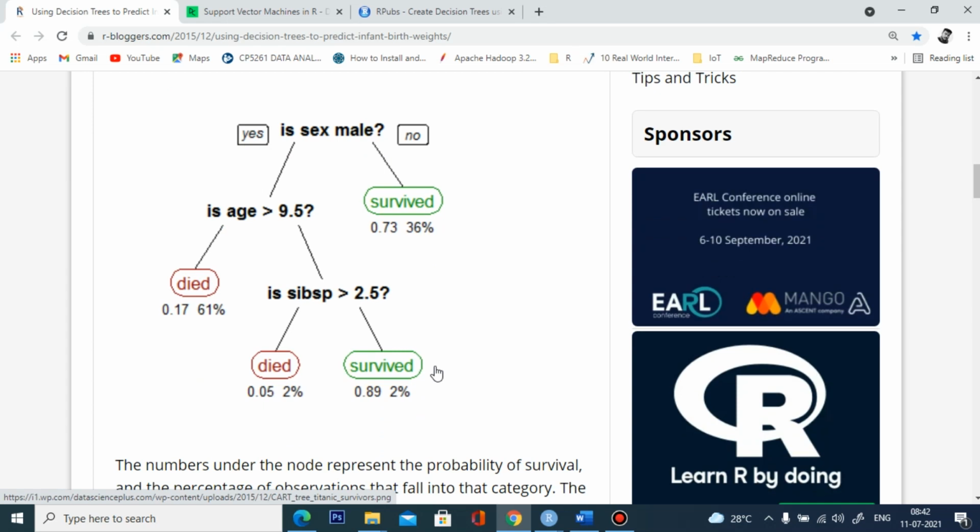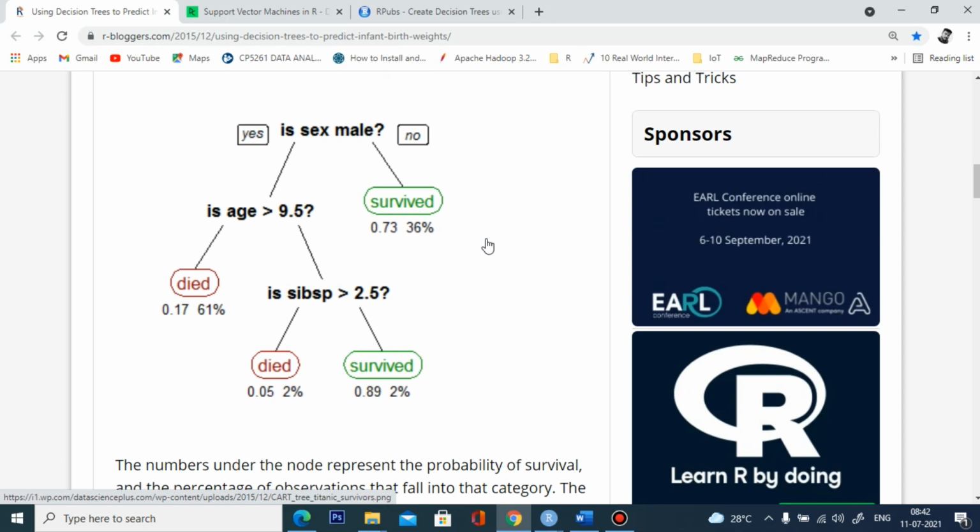This is the data for Titanic survival. Here the data clearly shows the question: is sex male? If yes, it goes to the left. If no, it goes to the right. So here, if a particular person is a female, then there is a 73% chance of surviving.